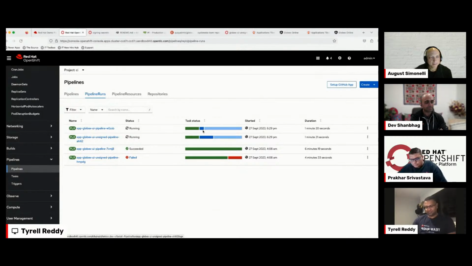Yes. Most of the tools which we have shown you are a part of OpenShift Platform Plus. So Red Hat ACS, Red Hat Quay, OpenShift platform, OpenShift Pipelines, and Argo CD is OpenShift GitOps. They're all part of the OpenShift Platform Plus SKU. And some of the tools like Syft and Grype, Red Hat is supporting them as open source tools.